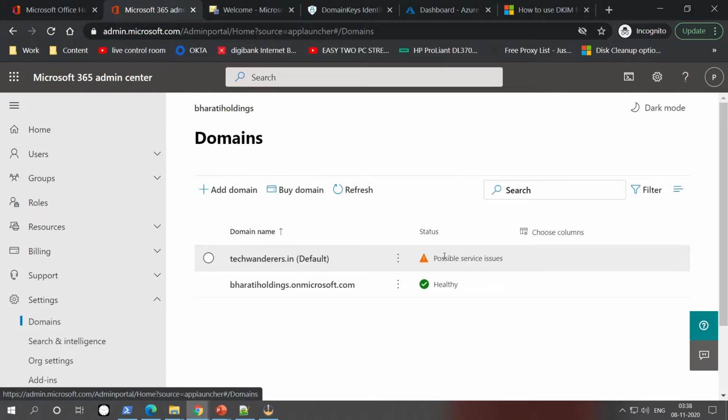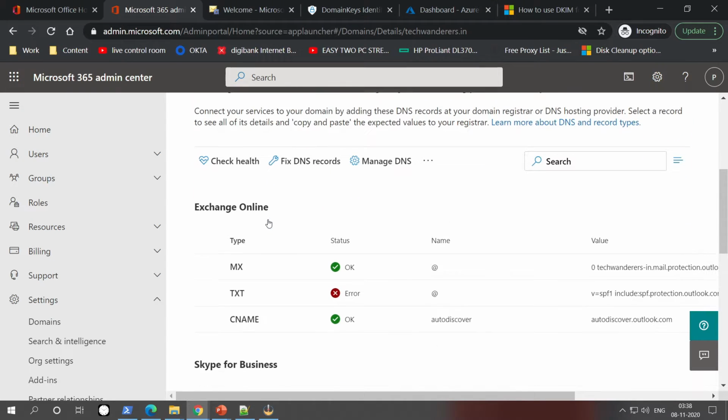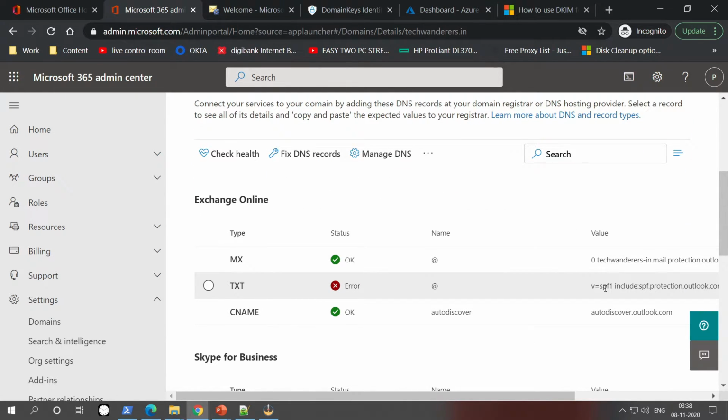It is showing possible service issues. Let's see. If you check the DNS records, you will find the SPF record is not properly set. So we will go to our domain provider, go to their DNS settings, and configure the records one by one.